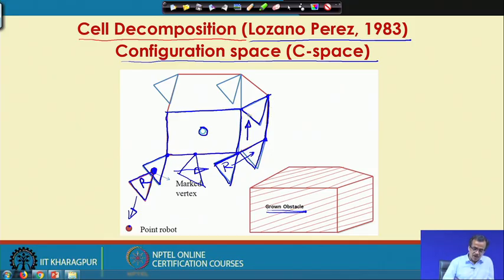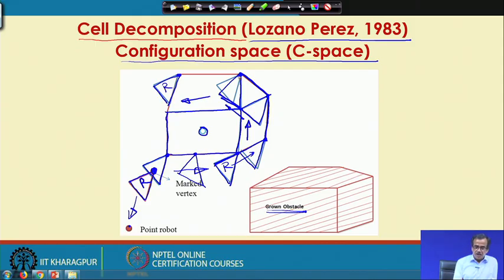Then here, I can slide in this direction. There is a possibility that if it slides, it will take a position something like this, and this is the orientation of the marked vertex, and this will be the locus of the marked vertex. After that, it can slide in this direction, then gradually I am going to reach this point. So, the marked vertex will be here and this will be the position of the robot R.